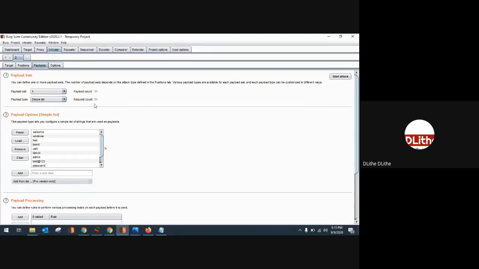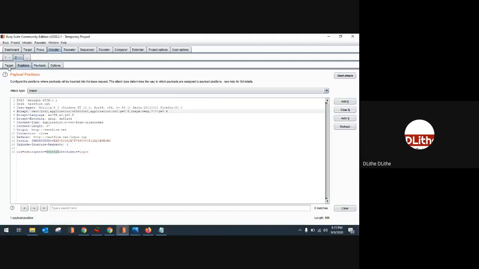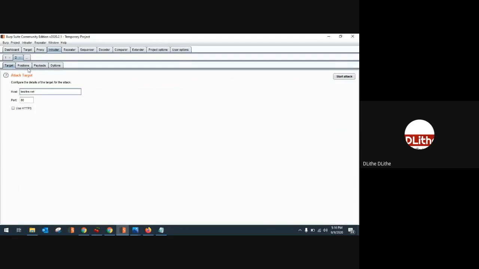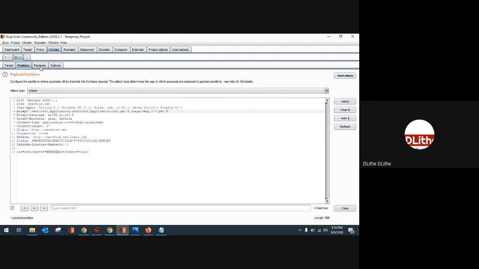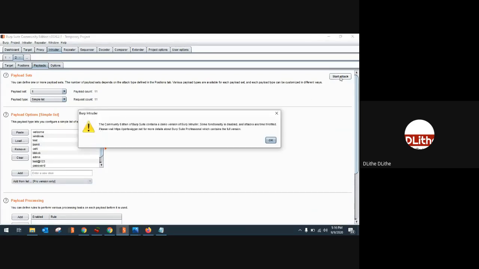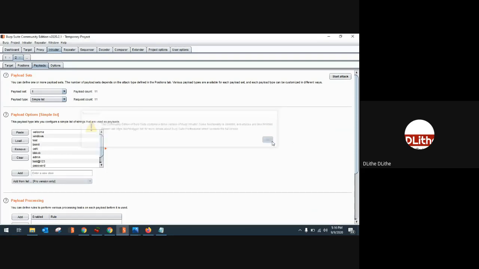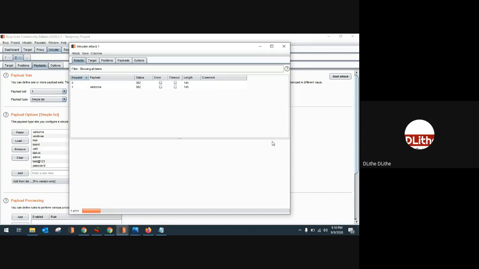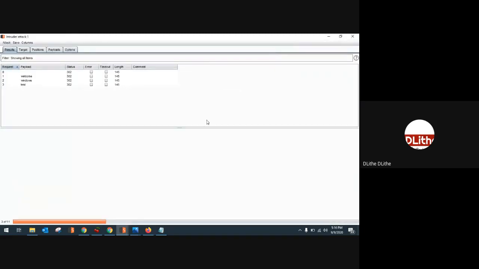Since there is only one word list, everything is by default. You have to make sure your target domain name, port number, given position and the word list are correctly set. Just click on Start Attack, and that will do the attack for you. Here you will get an error in your community edition. That's because you're using a free version, hence the request would be throttled. That means it will go on with a time delay, so wait for a while and see how it responds.